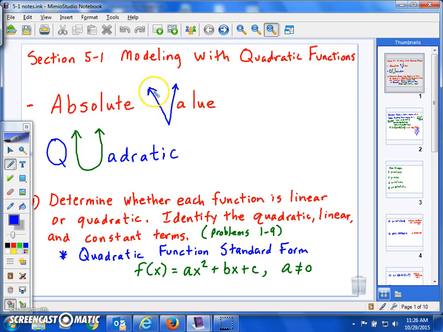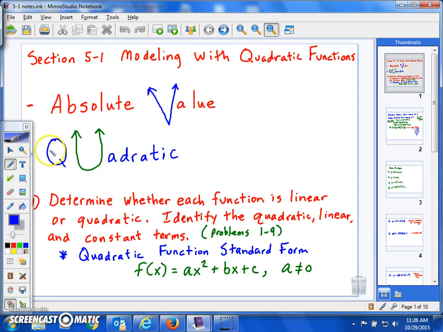we've been graphing absolute value functions, and we've already looked at the fact that they produce V shapes, or they could be upside down V's. Well, in this chapter, when we do start to graph quadratic functions, which will be tomorrow and pretty much throughout the chapter, the graph of a quadratic function produces this U shape that's technically known as a parabola. Now, it could be upside down, but I hope the spelling just serves as a reminder of what the graph